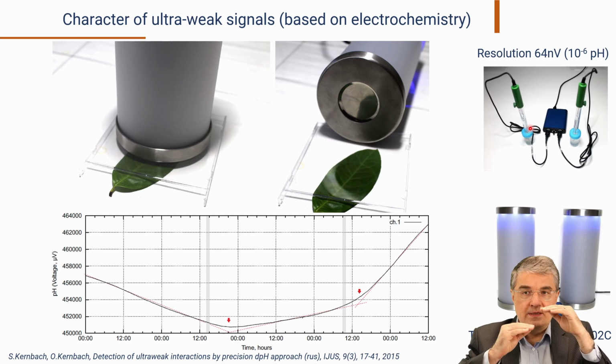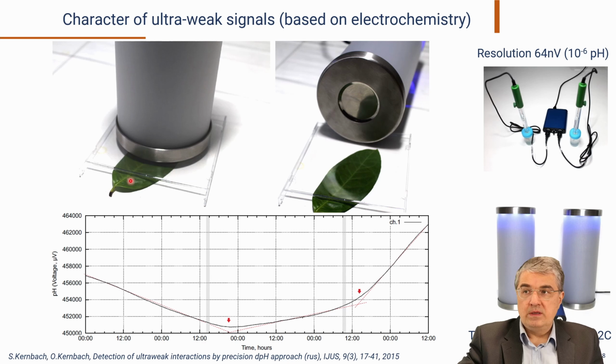So this subtle structure interacts distantly with samples and changes the trend of electrochemical reactions. After we inserted this leaf under this measurement tower, 4-5 hours after, the trend of electrochemical degradation changed, and 2 or 3 days after, if we remove this leaf, we observed again a change of electrochemical degradation. If we leave this process further, we observe a slow return to the initial trend of degradation.